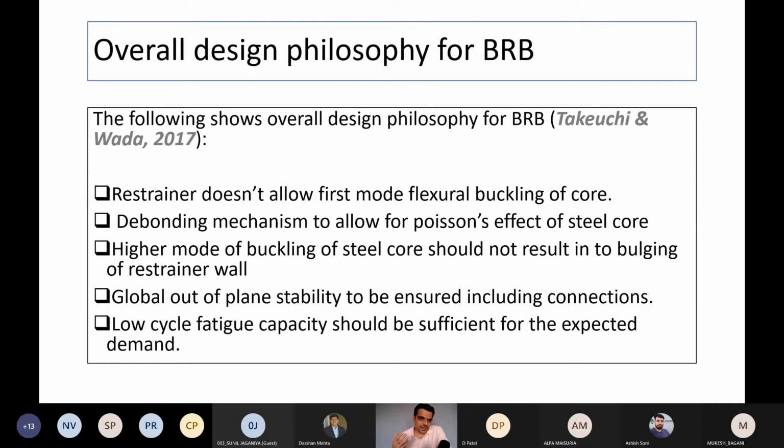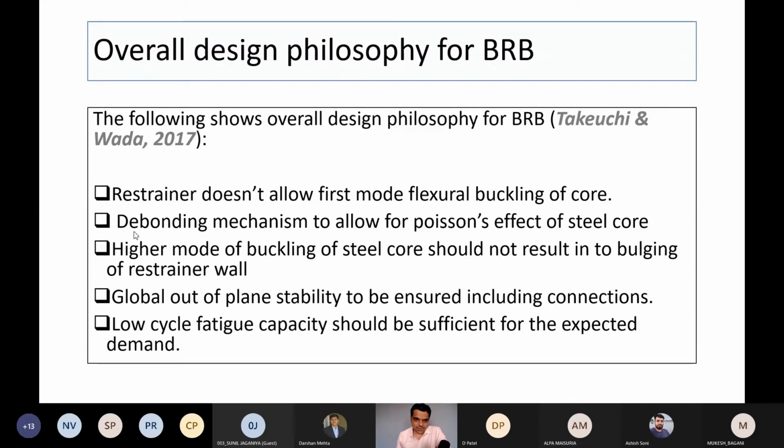There is also a very interesting story I found about where this debonding gap came from. When the BRB was being invented in the 1970s, around 1975, they were not getting much success as per their conceptual thinking, because earlier they were not providing any debonding gap. So the entire force was getting transferred to the concrete only, even though the force was applied to the steel core. Thereafter, after a number of experiments,